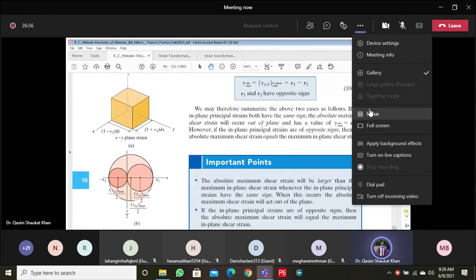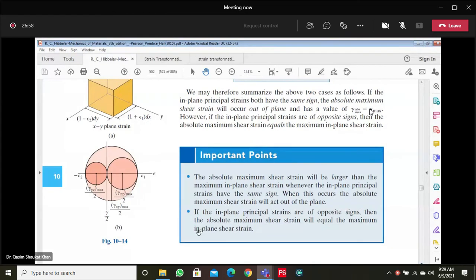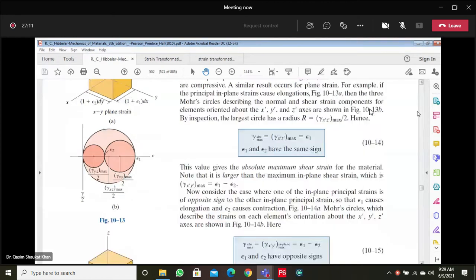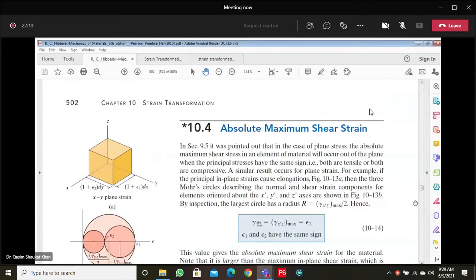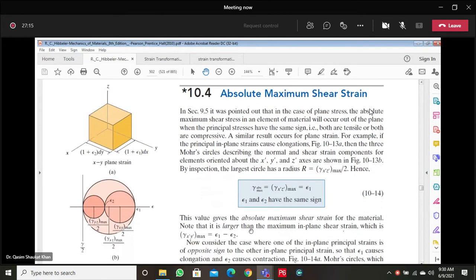Remember, this is revision. The absolute maximum shear strain will be larger than the maximum in-plane shear strain whenever the in-plane principal strains have the same sign. So that's what we have seen earlier here as well. They are saying that this is your absolute maximum shear strain, this is your maximum in-plane shear strain, and it is obvious